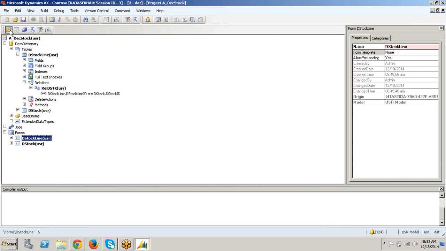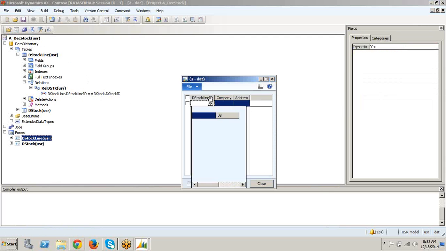Now go to the forms, open the form, and you will get a drop down of the stock IDs.